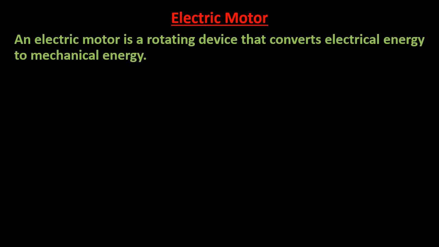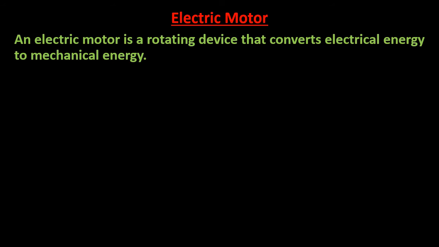Now we move on to the next topic, and the topic is electric motor. In this topic, we try to understand how the motor will work according to the concept that we have gained just before, given by Fleming's left-hand rule and the force on the current carrying conductor. This electric motor is nothing but a rotating device that converts electrical energy into mechanical energy. So we have to supply the current to the motor and that motor will rotate.